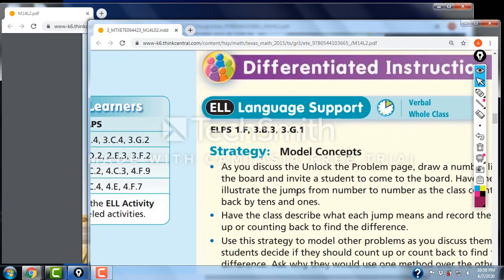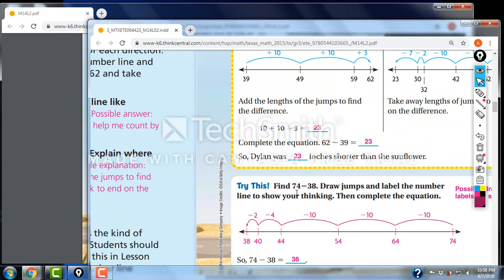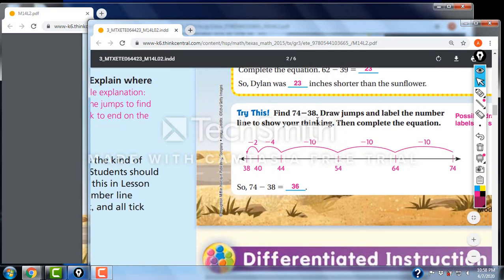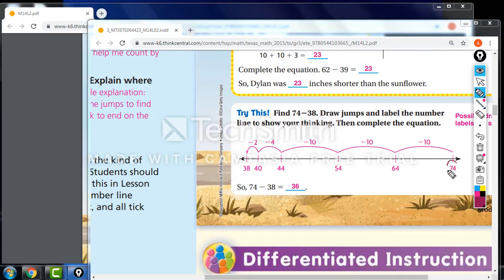Okay, I moved it a few minutes ago, and here it is. So we have 74 minus 38. Again, we start with 74 over here, and we have to end up at 38 over here. And then this number here is going to be the answer of 74 minus 38, but we have to get